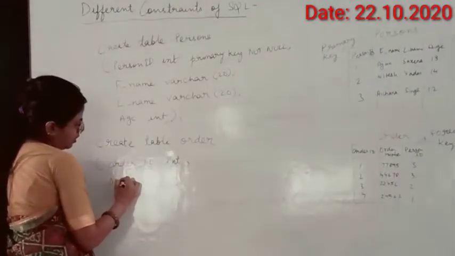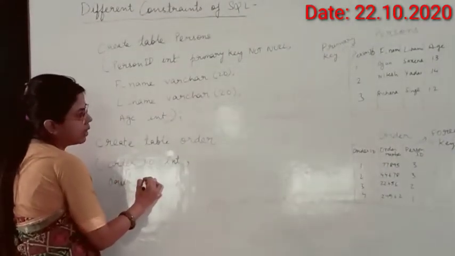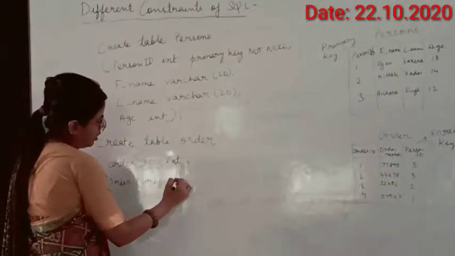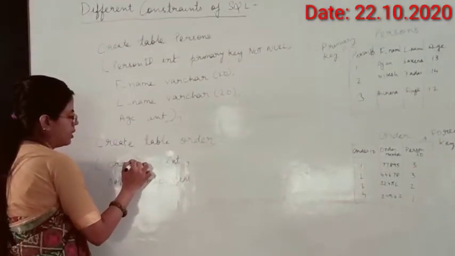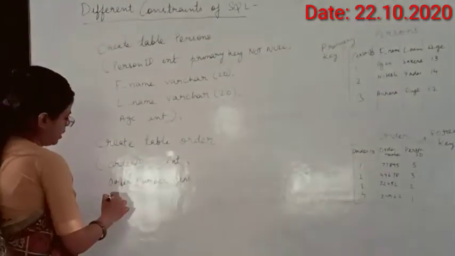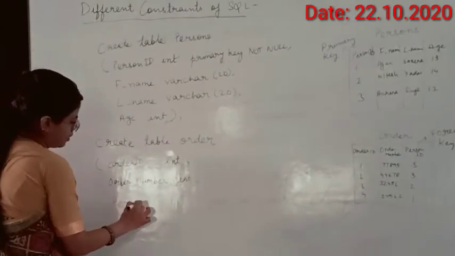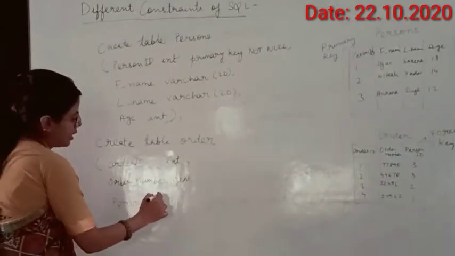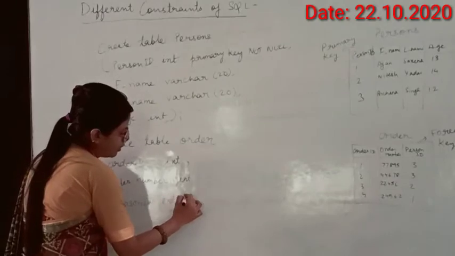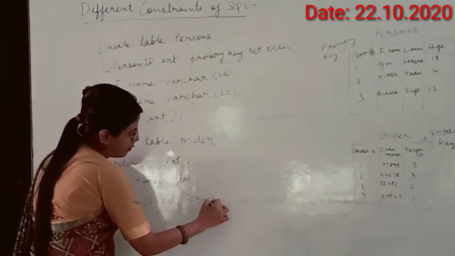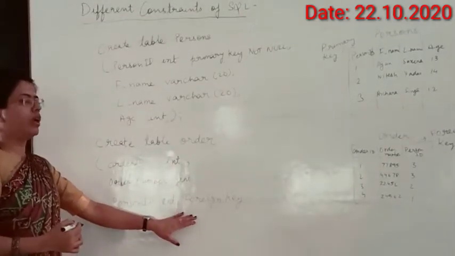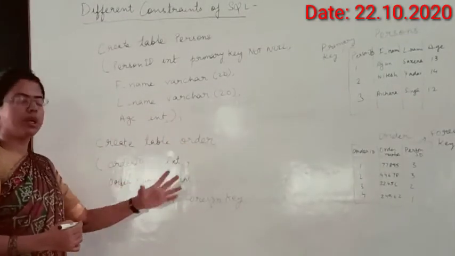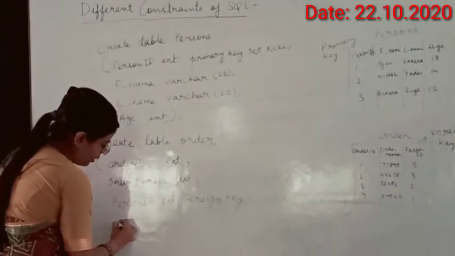Then order number, it is also integer. So don't give the space over here, it will be all together. And then there is person ID. So here I am going to write person ID int foreign key. Now you have to give the reference of the foreign key, that from which table it is going to be collected. So for that we have to write references,